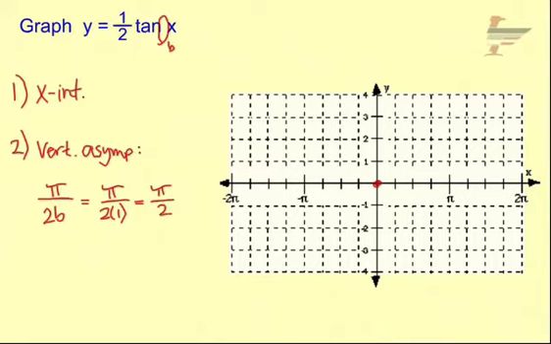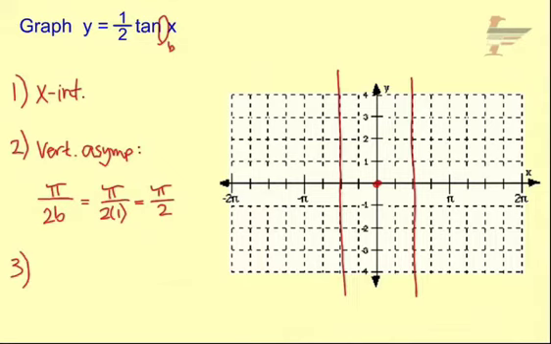So I go to where pi over 2 is. It's going to be halfway between 0 and pi. And there's an asymptote. Now, the asymptotes fall on the odd multiples of this pi over 2. So I can go to the left pi over 2, and my first cycle is going to fit within those 2 asymptotes. So now the last thing that we're going to do is those halfway points, and that's what we